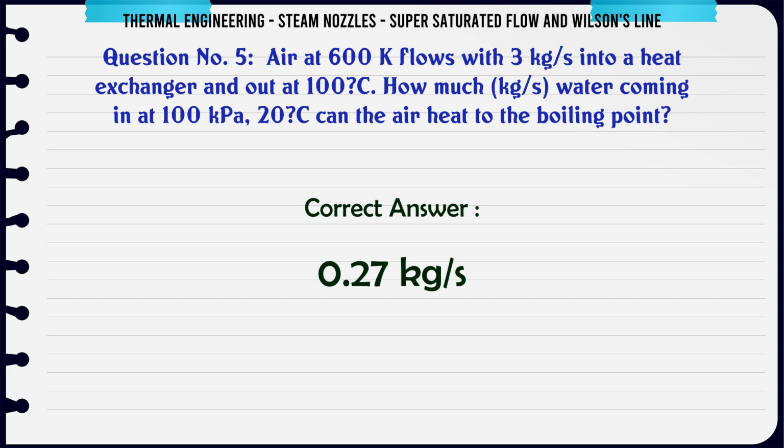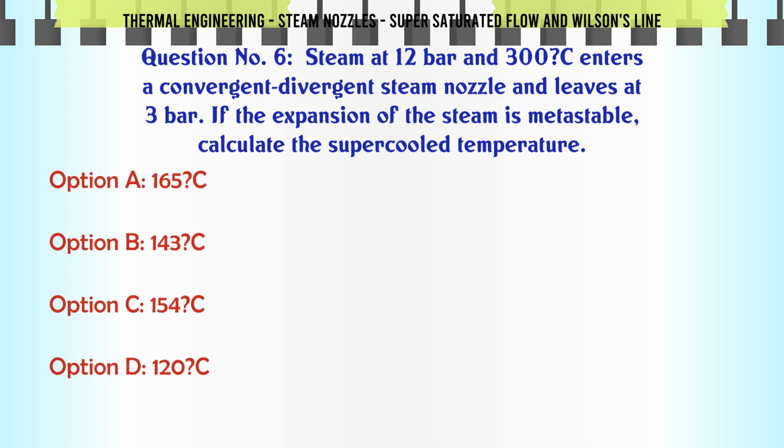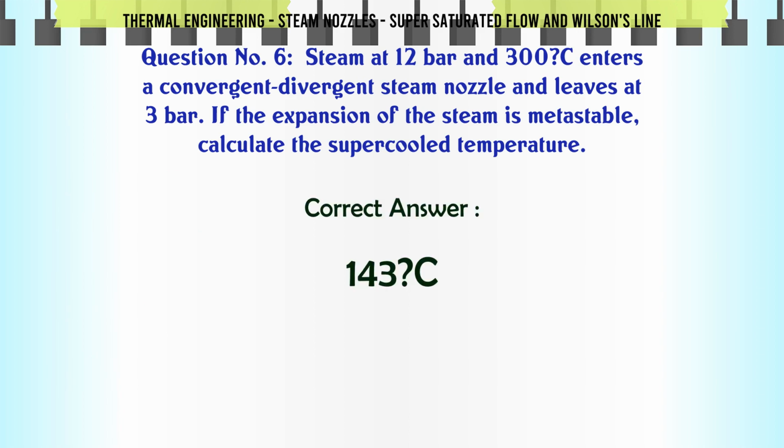0.27 kg/s. Steam at 12 bar and 300 C enters a convergent-divergent steam nozzle and leaves at 3 bar. If the expansion of the steam is metastable, calculate the supercooled temperature. A: 165 C, B: 143 C, C: 154 C, D: 120 C. The correct answer is